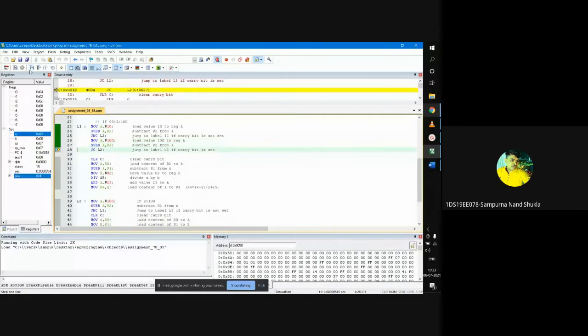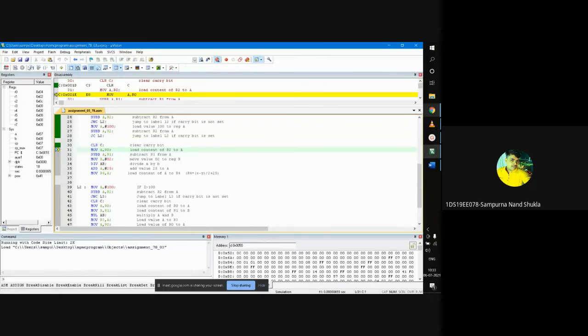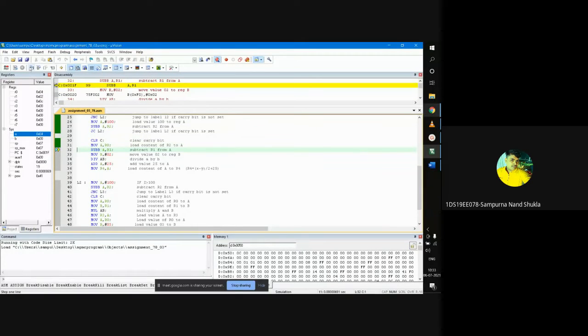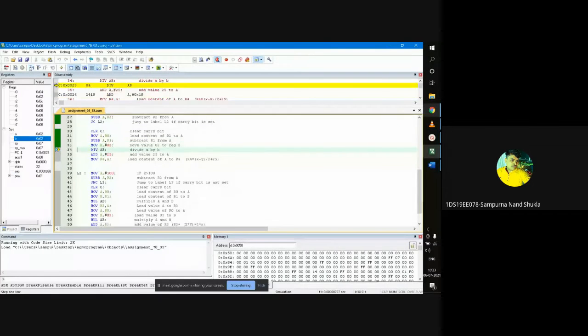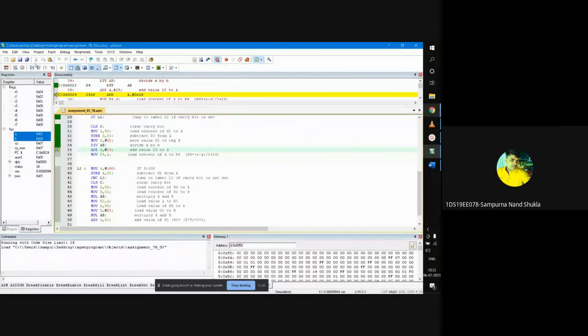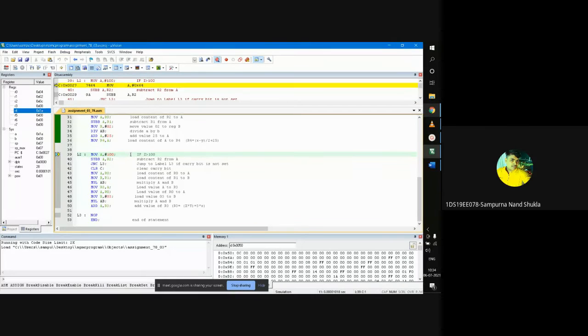So I check the condition for Z, and after that it will go inside the loop. I'll clear the carry bit, and then the value of x will be moved to the accumulator. Then x minus y is done by subtracting R1 from the accumulator, and then we move the value 2 to B and divide x minus y by 2 using the division operation. Then we'll add 25 to it. We get the whole value in the accumulator, and now we'll transfer the value to R4. That will be our result, register R4. R4 is not updated because we have to execute. Yes, now we got that. Correct. Similarly, it will work for the other cases, you execute that also.